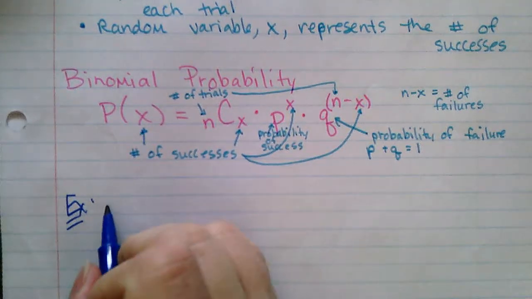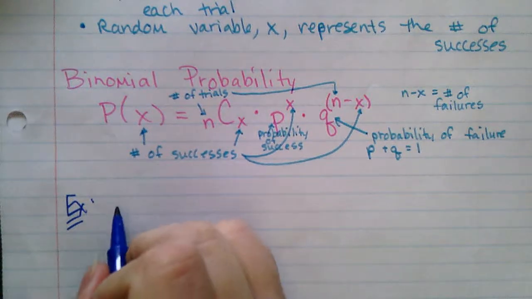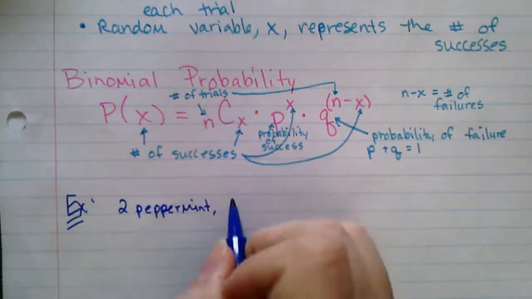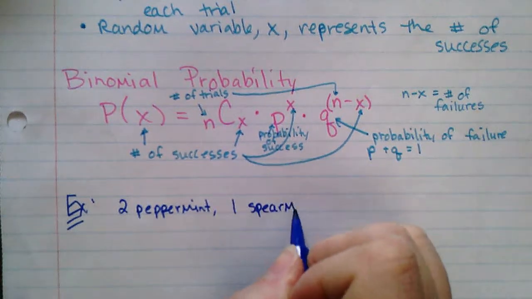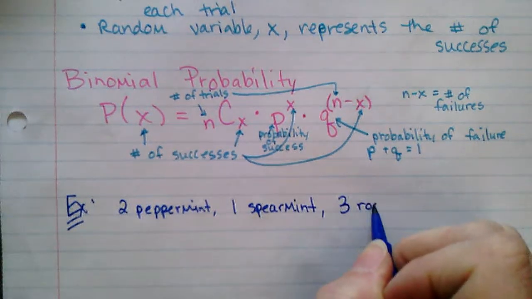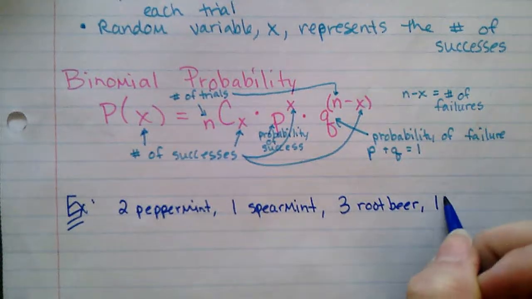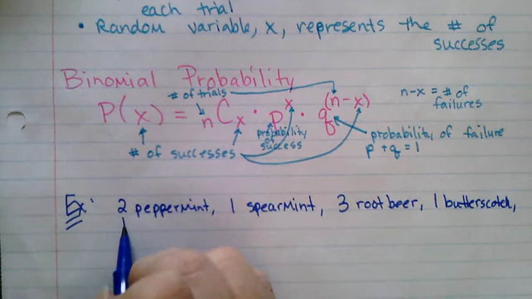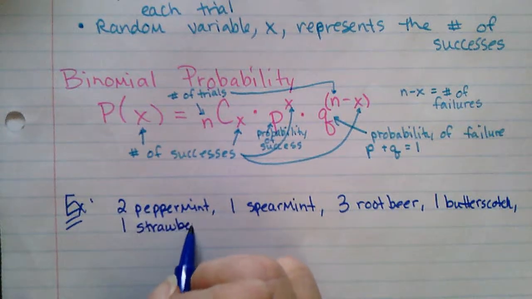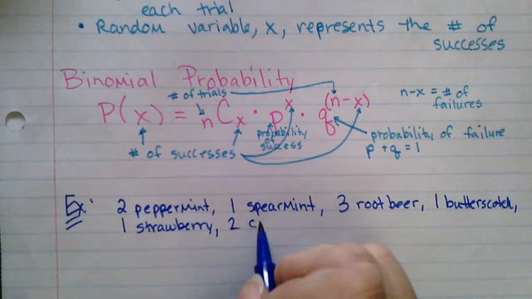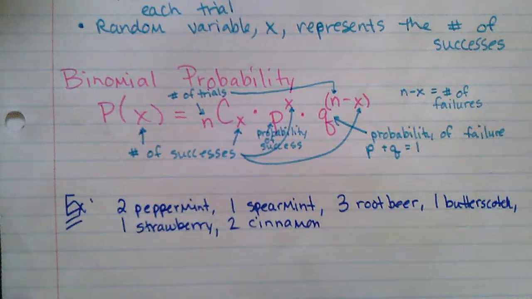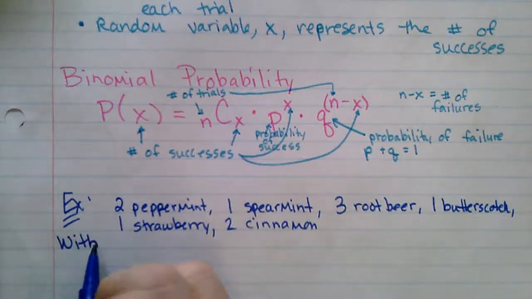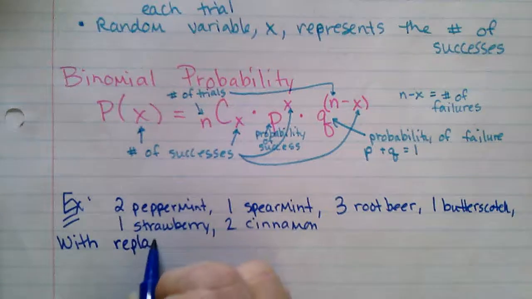So let's say that I get out my good old candy jar and it has 2 peppermint, 1 spearmint, 3 root beer candies, 1 butterscotch, 1 strawberry, 2 cinnamon. So these are the candies in my candy jar. So what's going to happen with my experiment is with replacement,